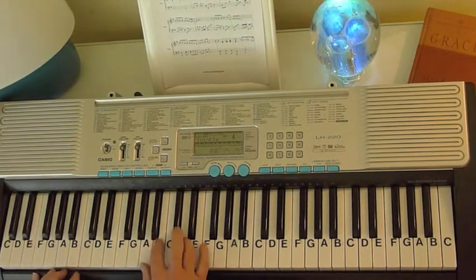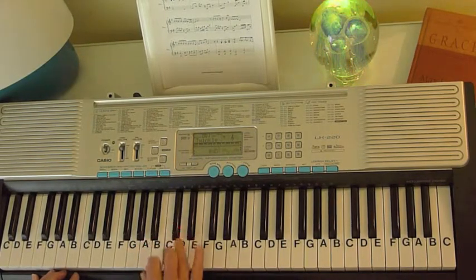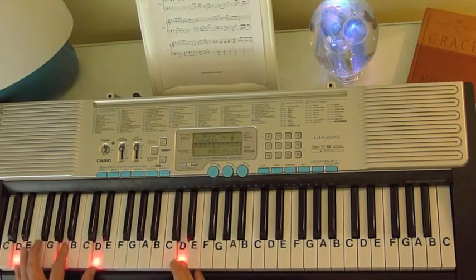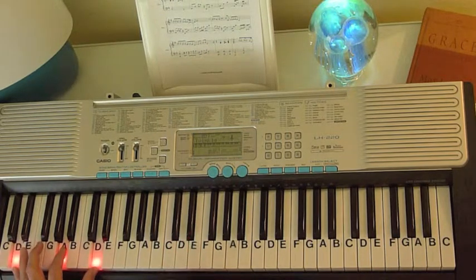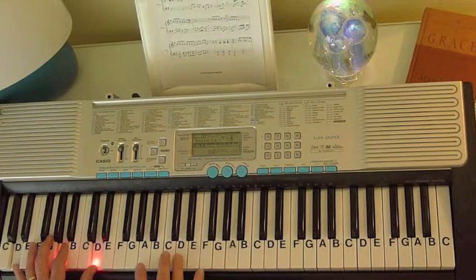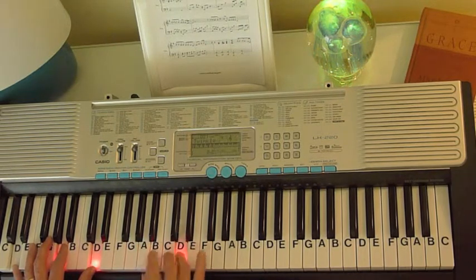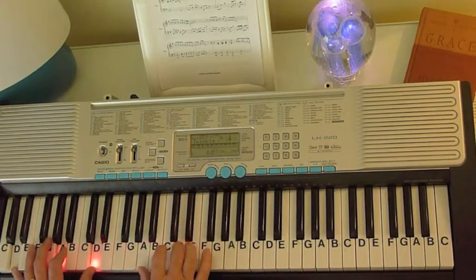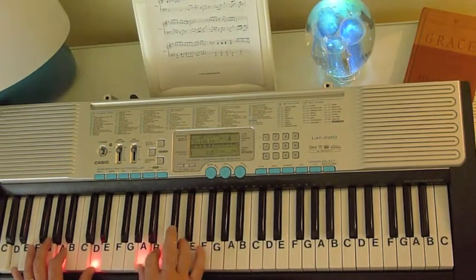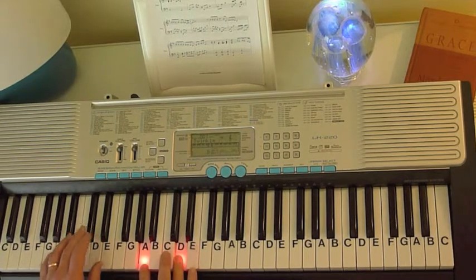So the opening line starts off A, B, C sharp, D. What I'm going to do in the bass, I'm just going to play this in the bass, D, A, D. And then that little... I'm going to play an A and a D and go up to the E right there. Okay, and then when you go to the A chord,